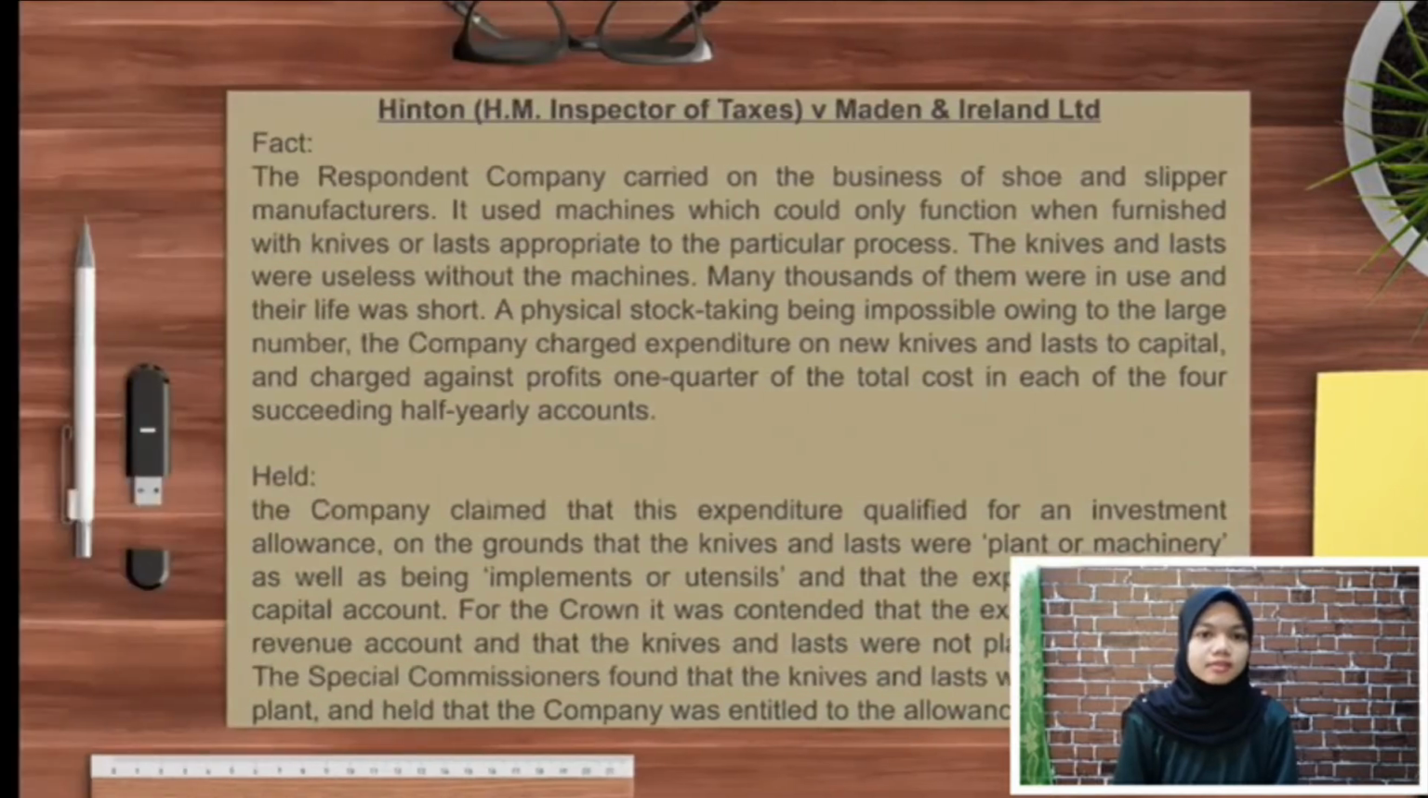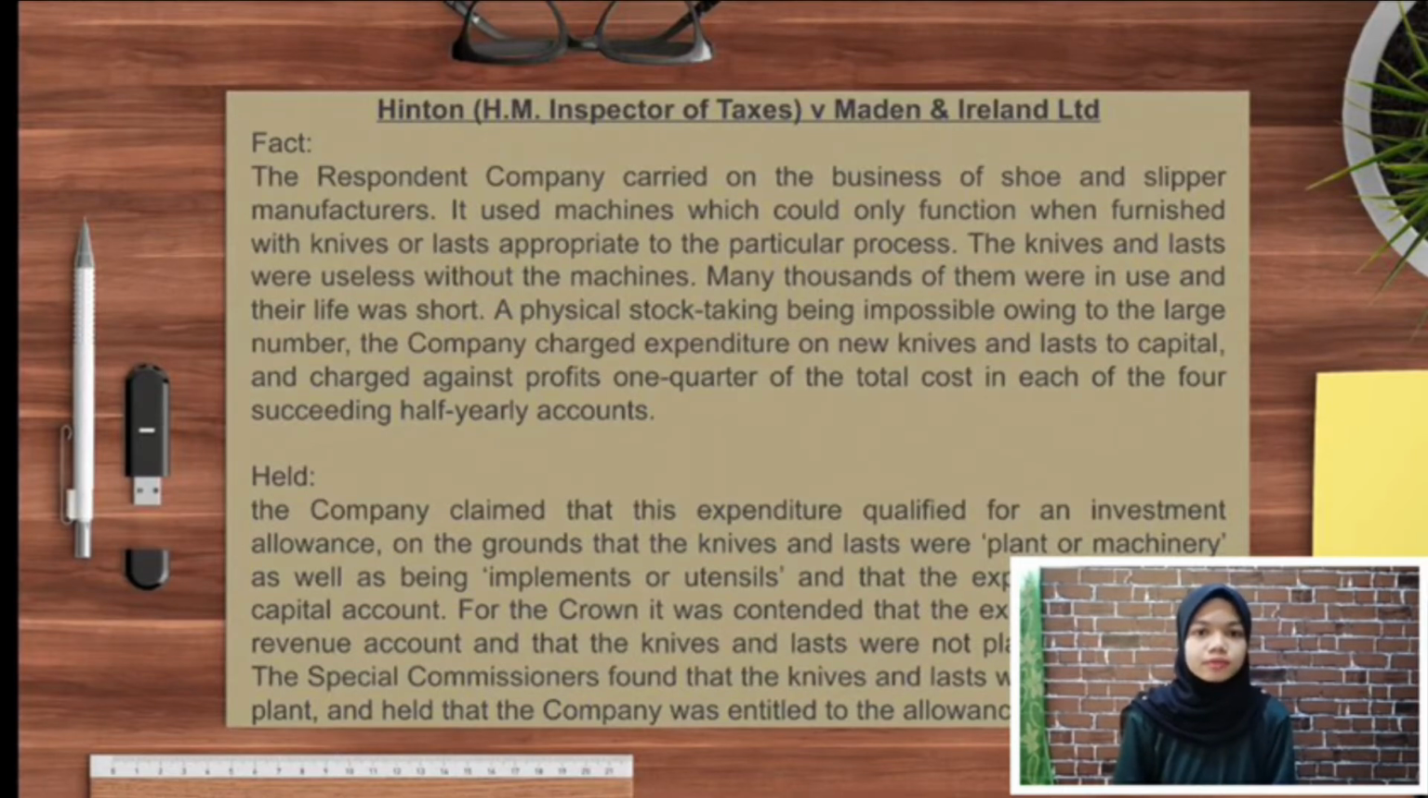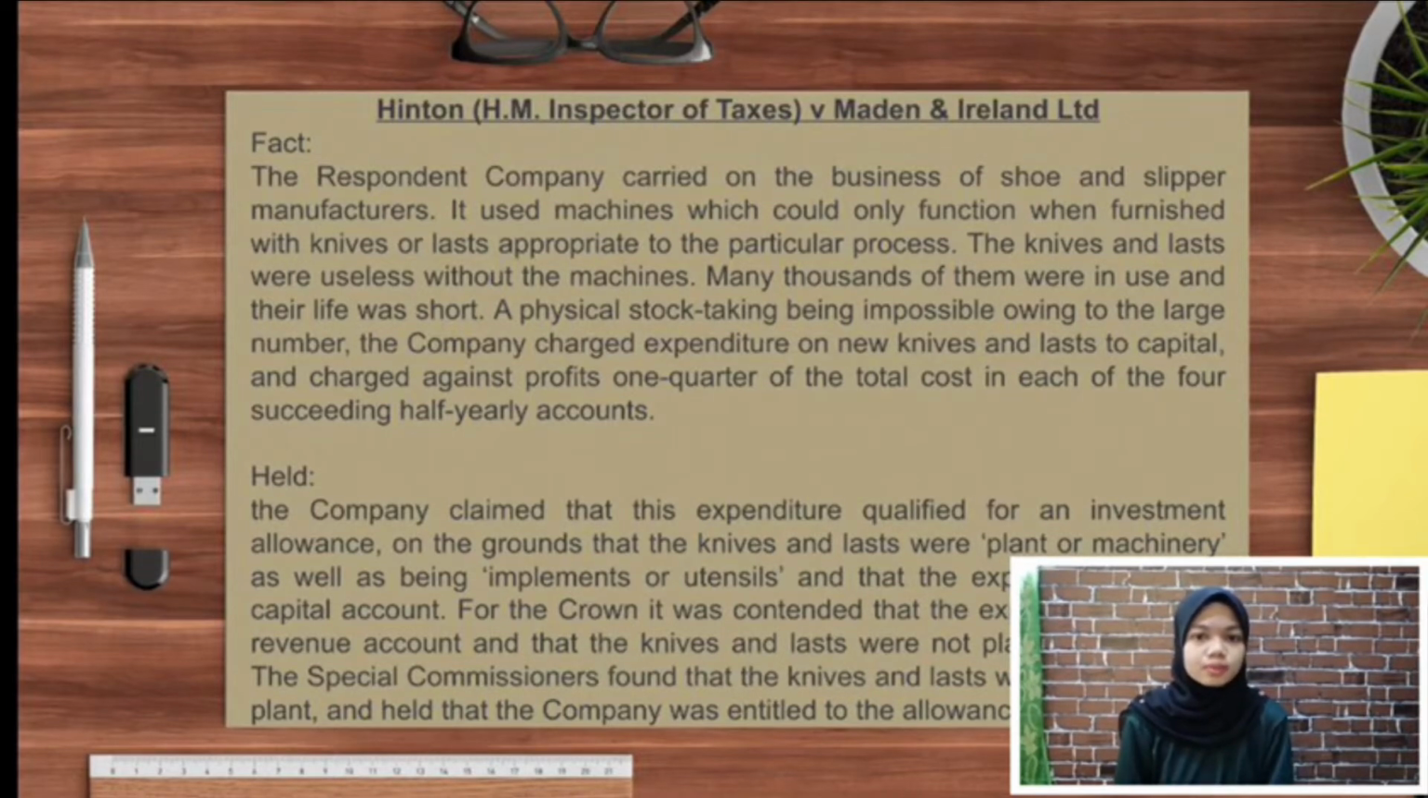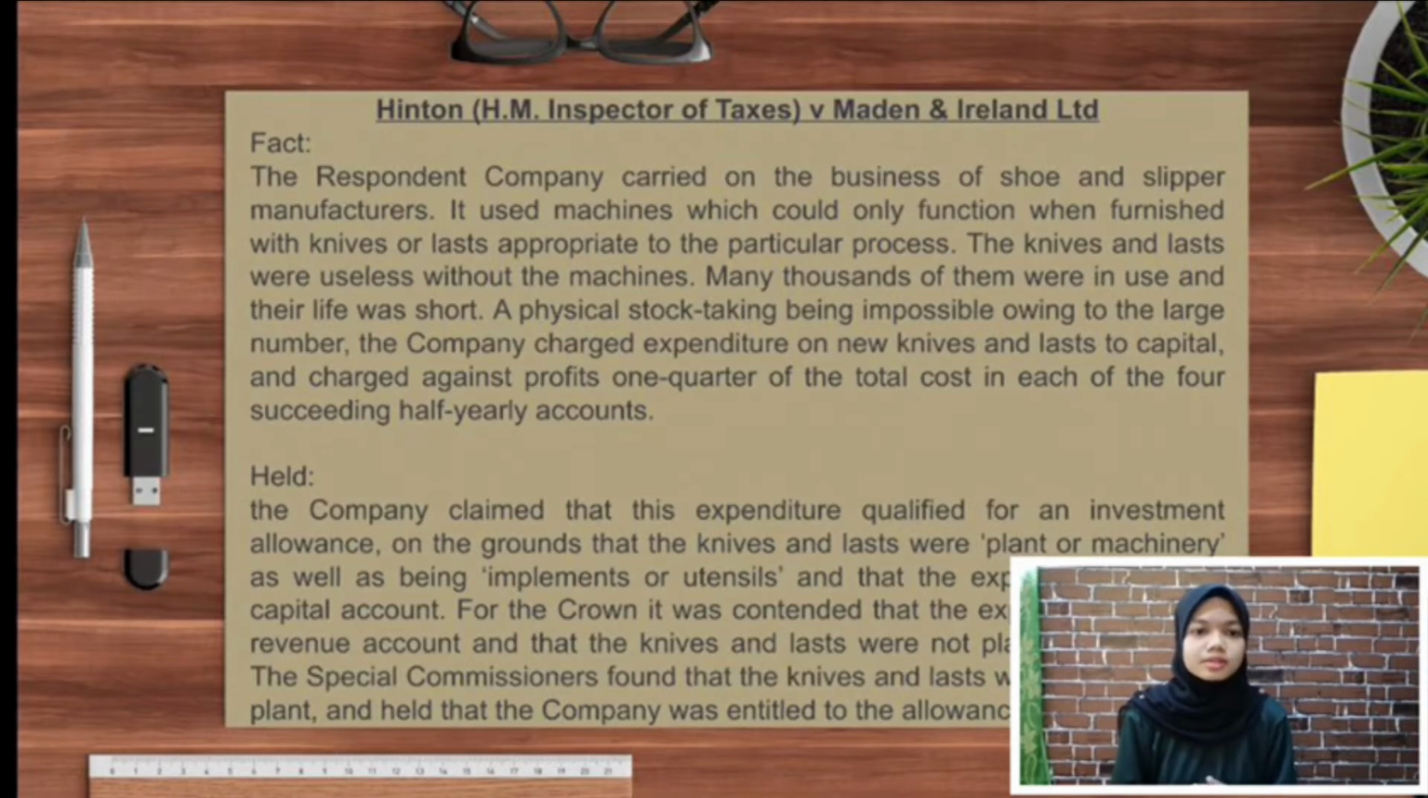Next is Hinton HM Inspector of Taxes versus Madden and Ireland Limited. So the respondent company carried on the business of shoe and slipper manufacturer. It used machines which could only function when furnished with knife or last appropriate to the particular process. The knife and the last were useless without the machines, so many thousands of them were in use and their life was short. A physical stock taking being impossible owing to the large number,